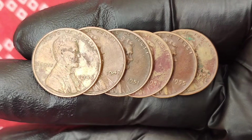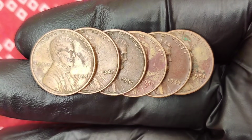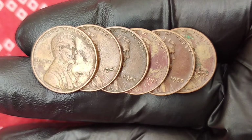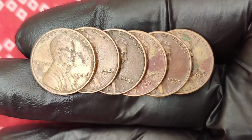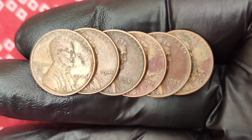There are coins out there so rare, so powerful, that one single penny could turn your life completely upside down. A coin you might have seen thousands of times might just be worth more than your entire savings account. These are not just coins. They are silent treasures buried in plain sight, slipped through generations, forgotten in drawers, hiding in jars, resting quietly in